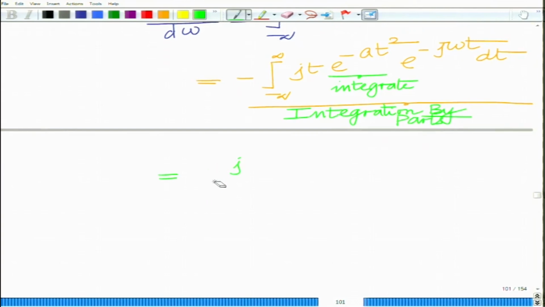So, that gives me a plus sign. So, this becomes j over 2a e raised to minus a t square, that becomes e raised to minus a t square, e raised to minus j omega t, evaluated between the limits minus infinity to infinity